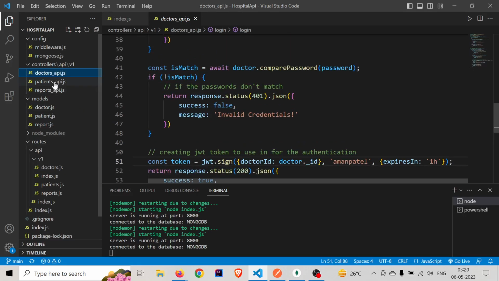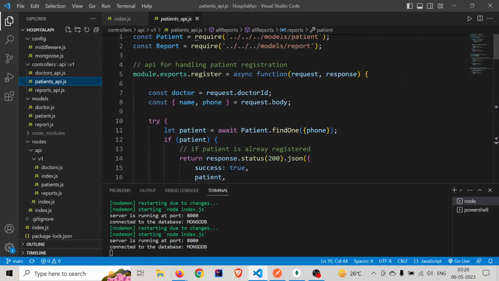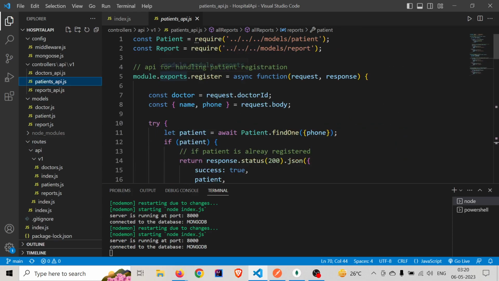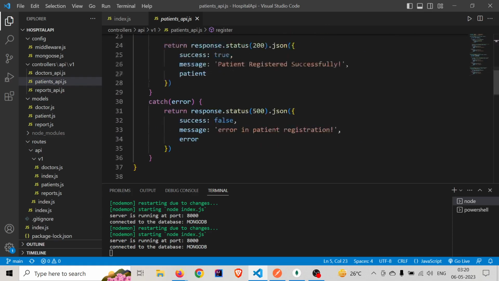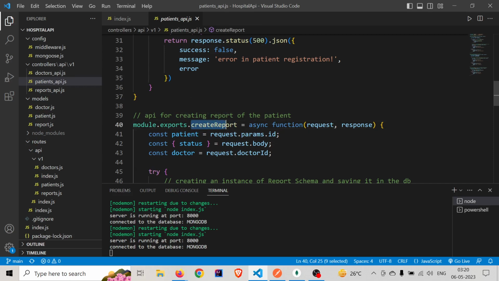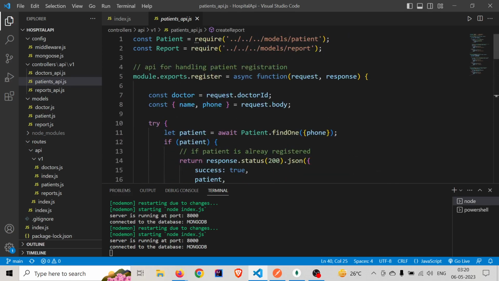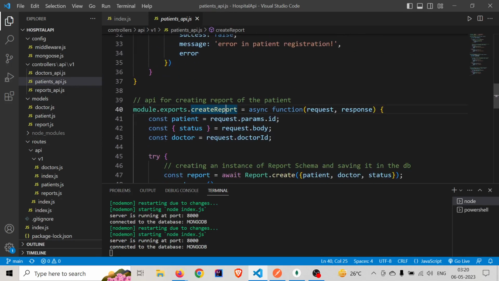Now let's go to the patients API, and in here we have register and create report. The register function handles the API request for registering patients, and create report is responsible for creating the report for a patient.